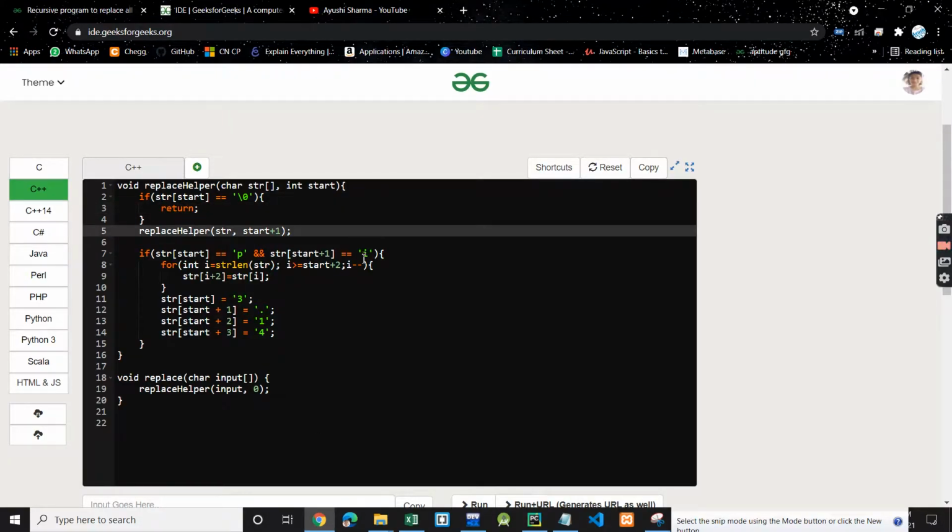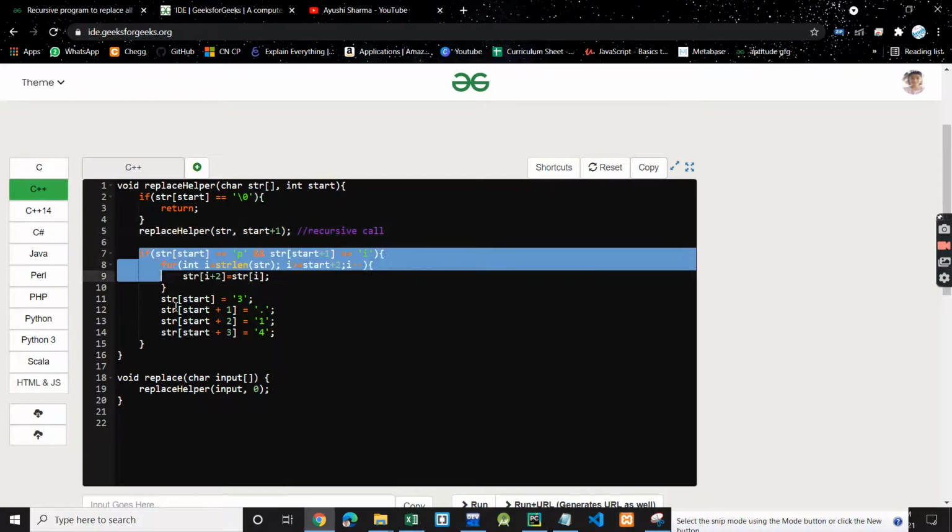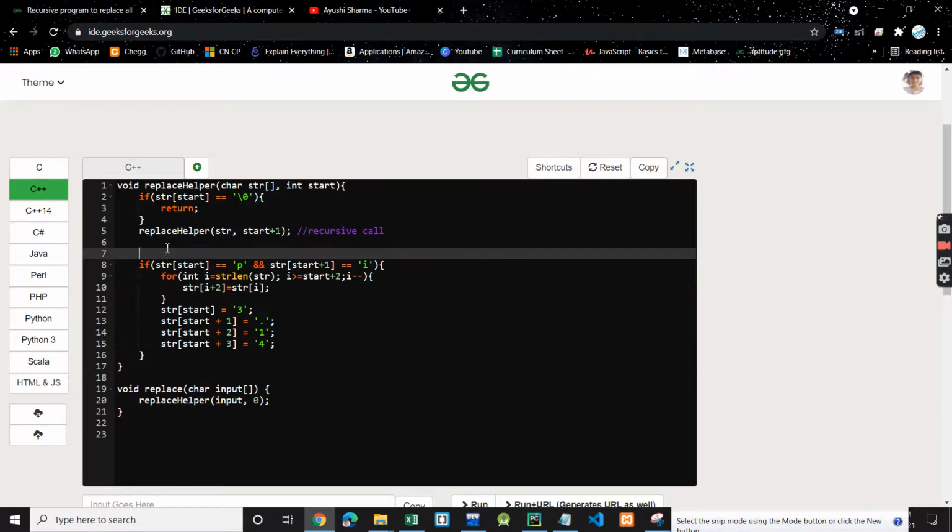Otherwise, this is your recursive call. We call this function replace helper, in which we pass the string and we pass start plus 1. We started from the first index. We didn't include the 0th index because we will be doing the small work on the 0th index. So this is now our small work.